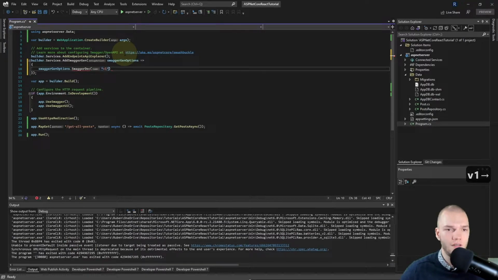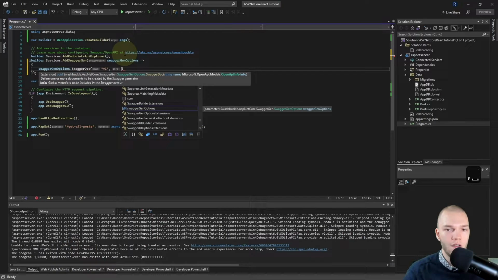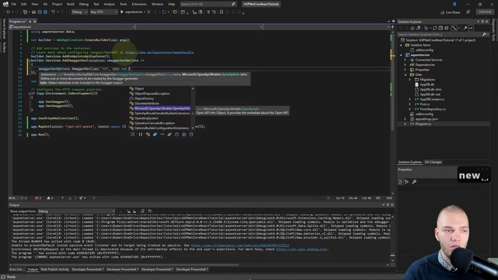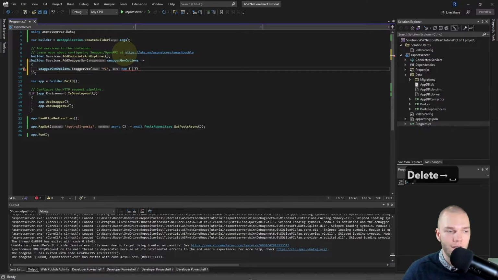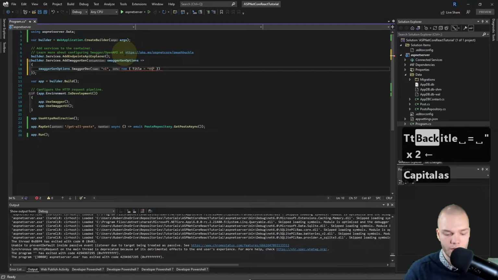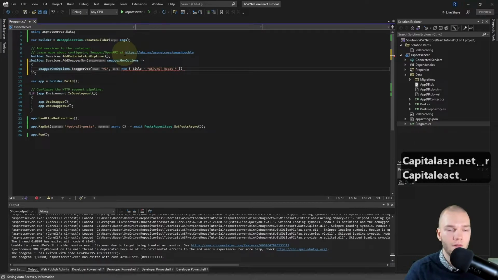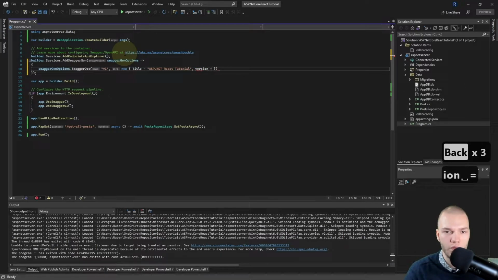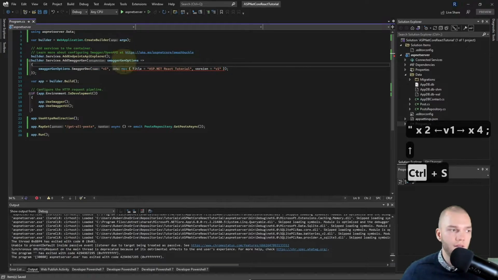version actually to v1, and for the OpenApiInfo we'll do a new and then pass in the title. So Title equals ASP.NET React Tutorial for me, and here I'll do Version equals v1 and add a semicolon.